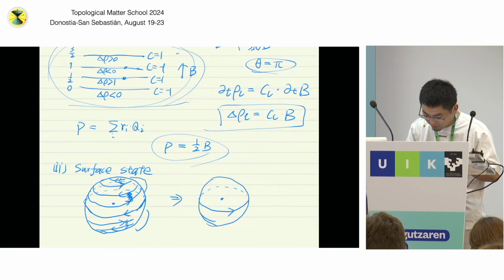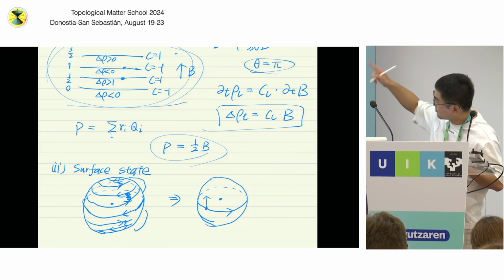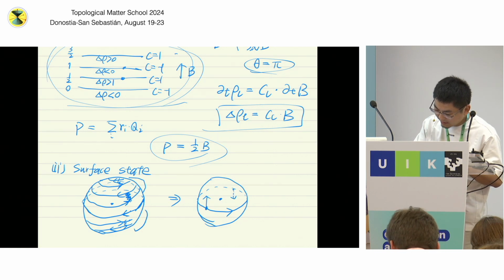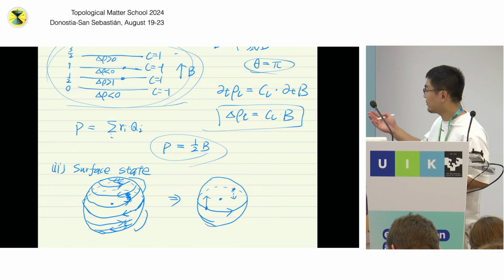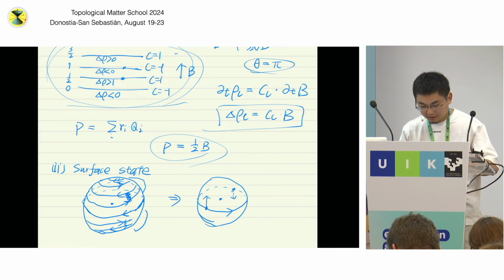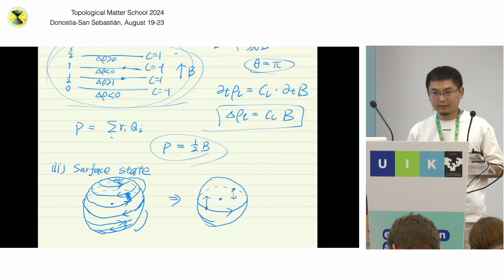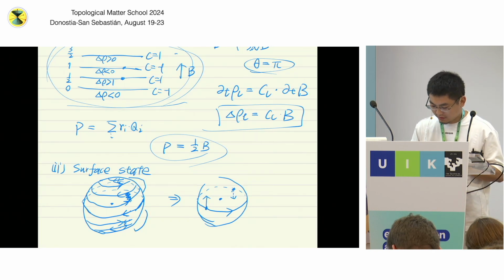For example, if you want to push these states in the positive z direction, then you must push some other state in the negative z direction. So you can never remove this chiral 1D state on the surface. So actually, this is the bulk boundary correspondence for the inversion protected axion insulator, and this is a bit different